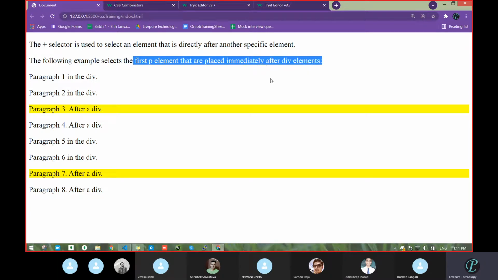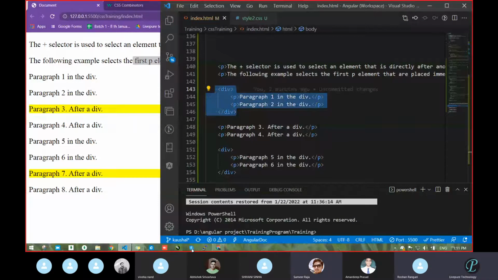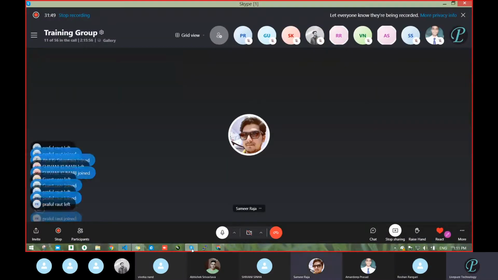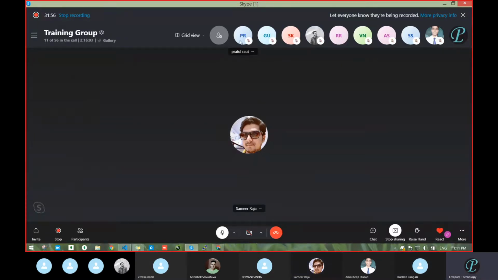What did you get from this line? The first P element that is placed immediately after the div element. Immediately means just after that. Suppose Praful is sitting here, and if I go here, some guest is there. That guest is immediately after this one.